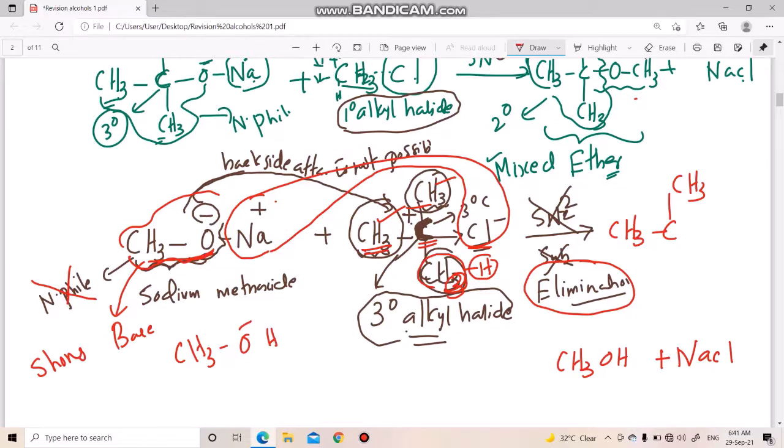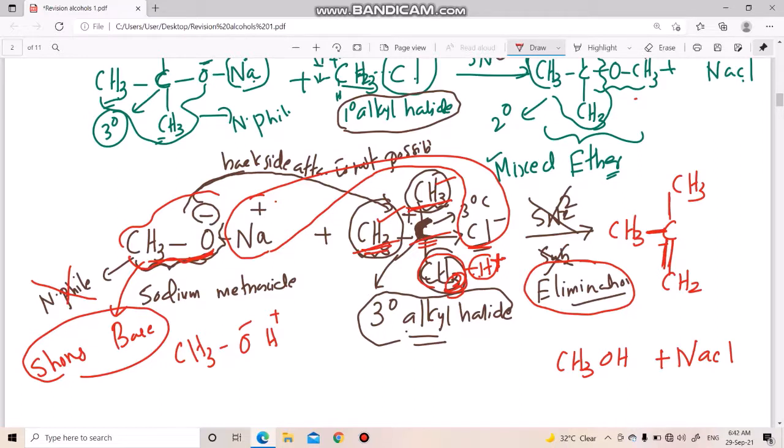Okay, because CH3O minus acts as a strong base. A base always abstracts hydrogen from a methyl group and forms CH3OH. And what is remaining? CH3, and here CH2, not CH3. What happened to the hydrogen? That hydrogen in the form of H plus combined with the CH3O minus to form CH3OH. But here there is a problem. The number of bonds around carbon is only 3. 1, 2, 3. So make a double bond here.